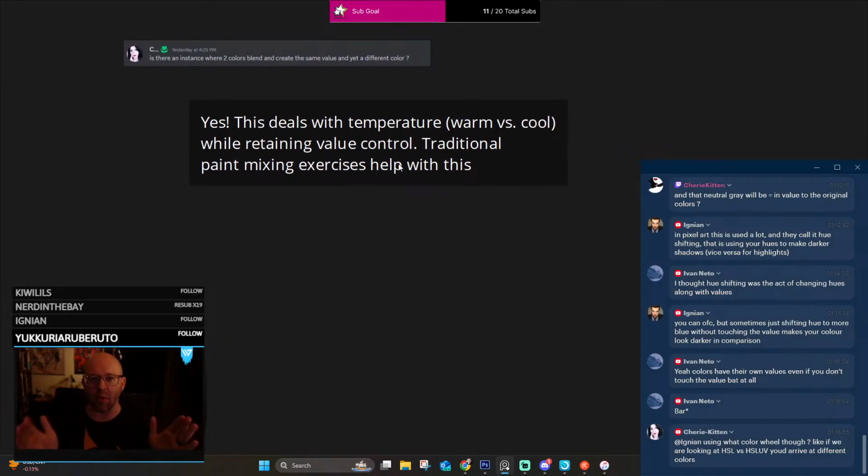You can absolutely mix colors and keep the same value. It's very tricky though. You really have to know your stuff. You have to know how much of this versus how much of that, but it is definitely possible, because that's how people brought up John Singer Sargent. That's why he's so freaking good, and that's why he would scrape paint off if something wasn't right. He would be like, nope, that value's off. Nope, that value's off. Nope. And he would go back over and over again.